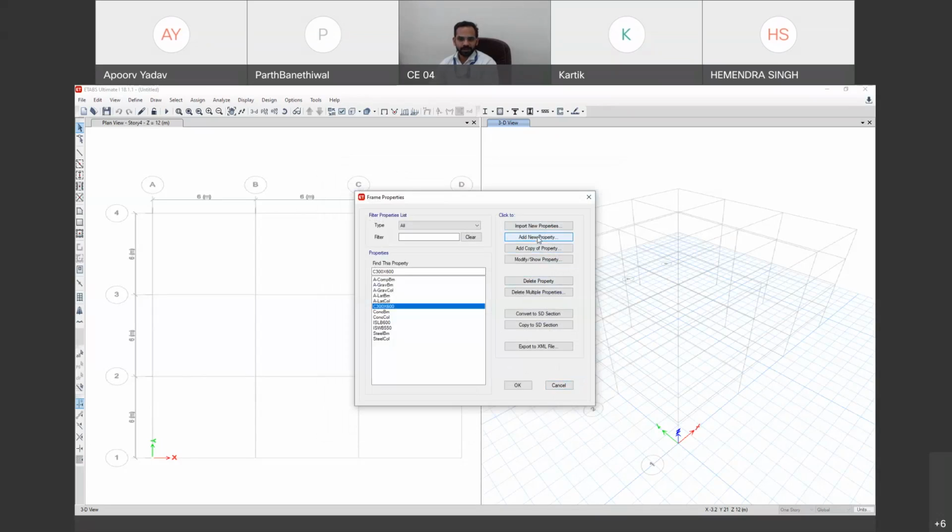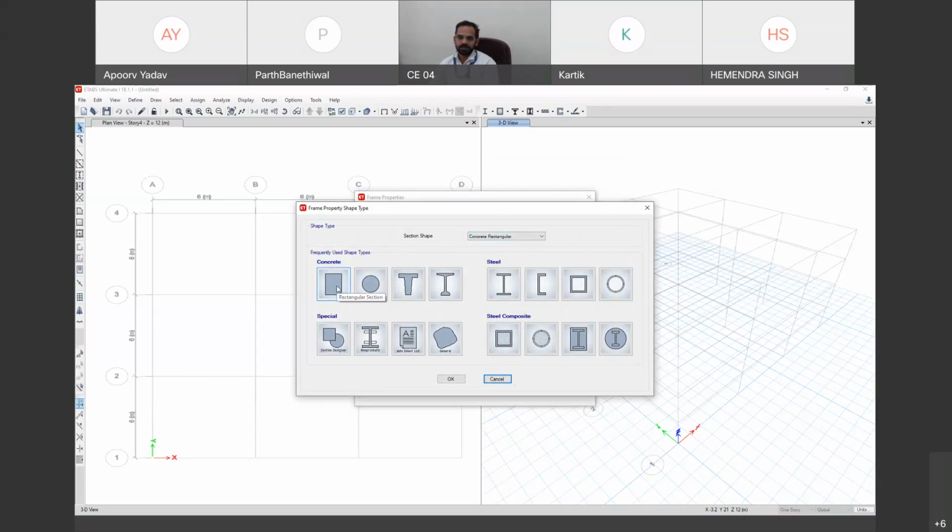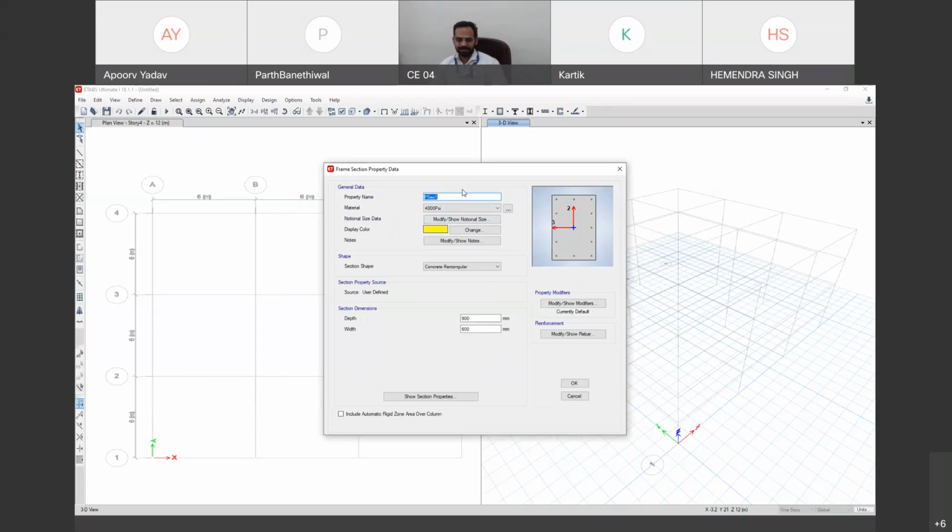Now I again add new property, then I'll again choose rectangular. This time I'll say my member as B, beam. Size you can take 300 cross 450. I am just taking random values, which are basic values we can take in the design.